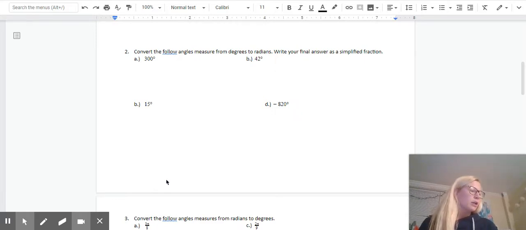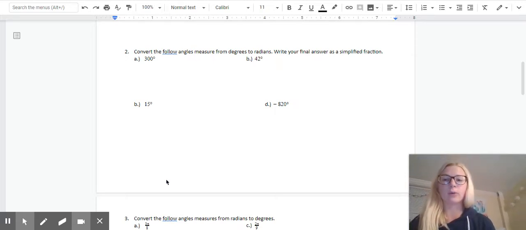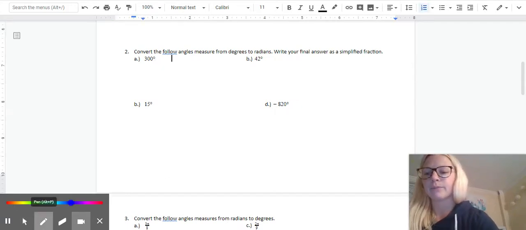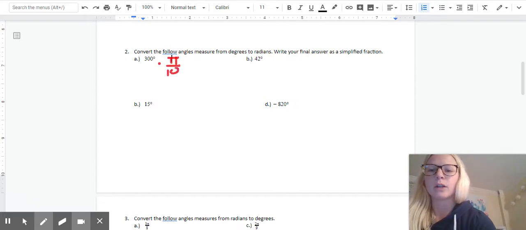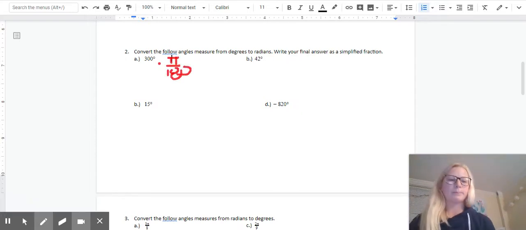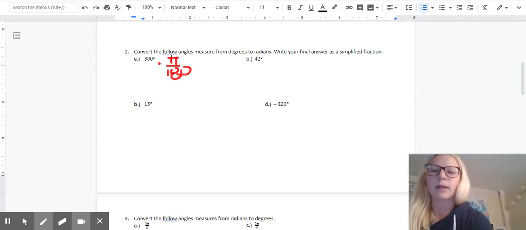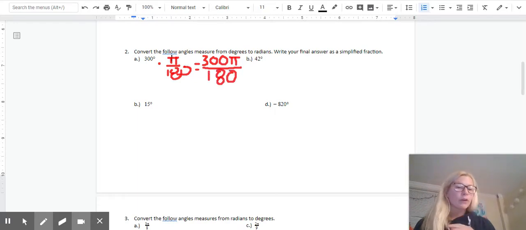So if you look at your conversion sheet, it says to convert from degrees to radians, multiply degrees by pi radians over 180 degrees. So we're going to take 300, multiply it by pi over 180. Okay. So now we want to write it as a simplified fraction. So we're going to multiply across top and bottom. We get 300 times pi, so 300 pi over 180 degrees. We don't want to convert that to a decimal. We don't want to multiply anything out in the calculator. What we want to do